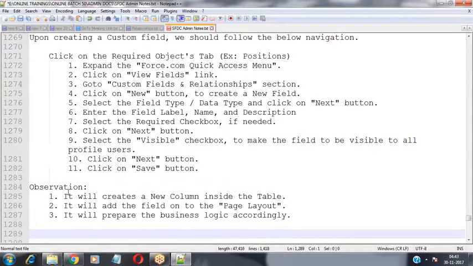All the three layers of your application will be getting prepared automatically in one shot. That flexibility is available here.